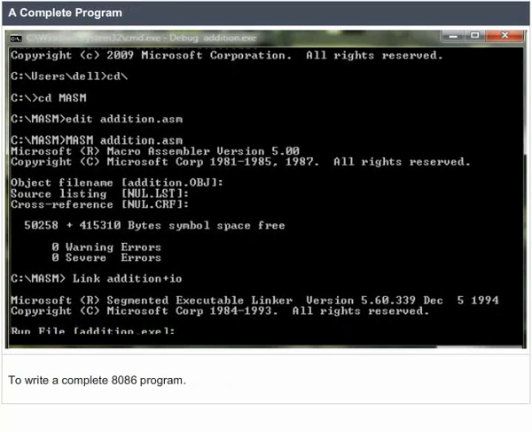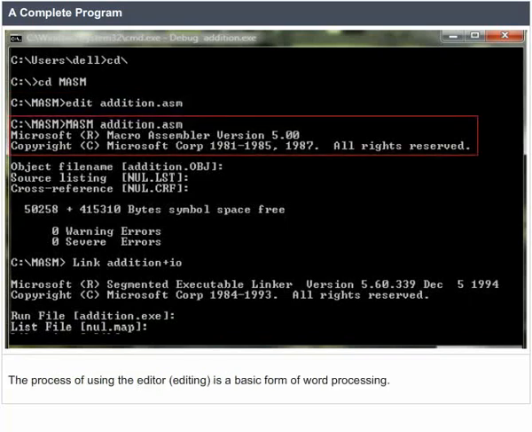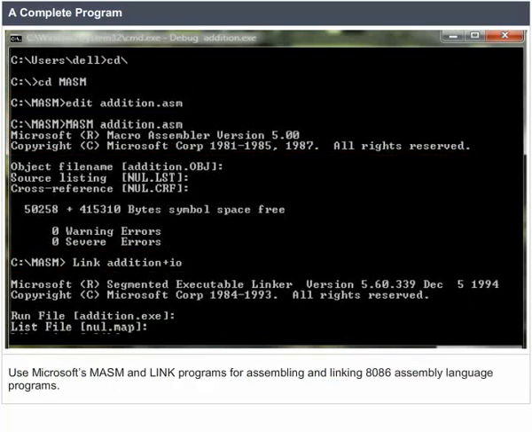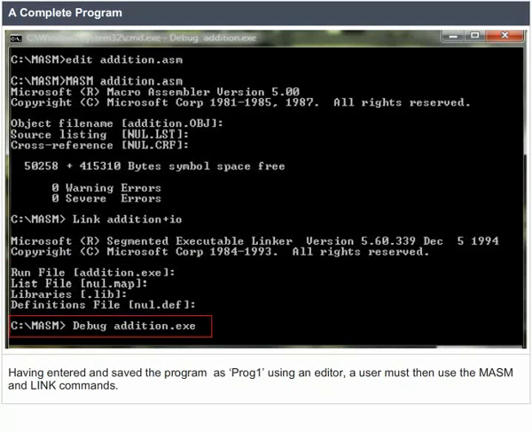A complete program. To write a complete 8086 program, use an editor to enter the program into a file. The process of using the editor, editing, is a basic form of word processing. Use Microsoft's MASM and Link programs for assembling and linking 8086 assembly language programs. MASM program files should have names with the extension, 3 characters after the period, ASM. Having entered and saved the program as prog1 using an editor, a user must then use the MASM and Link